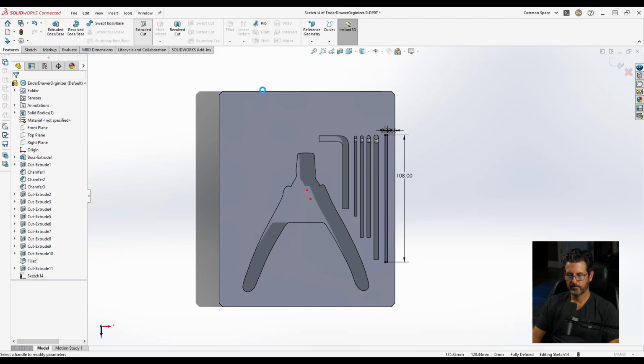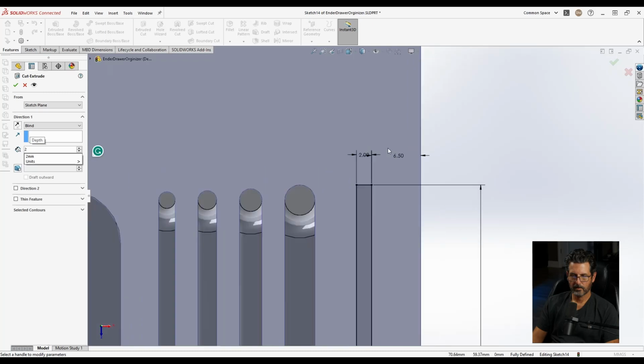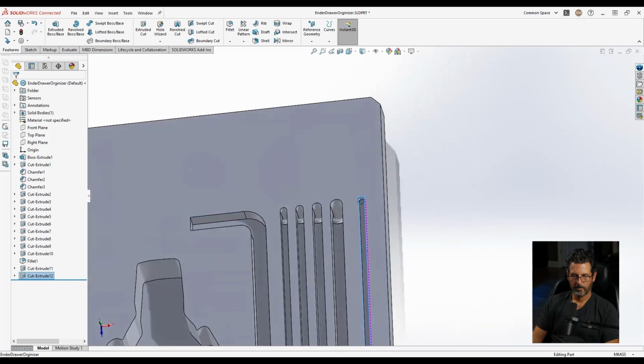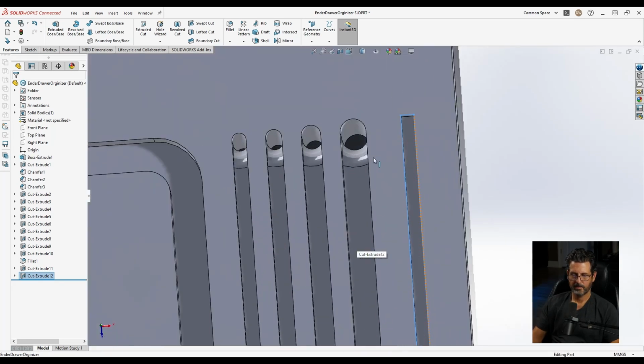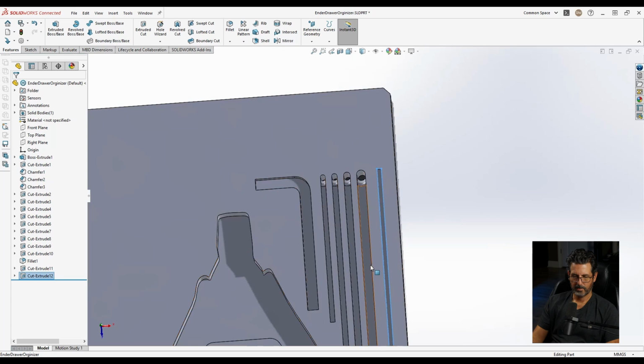Features, extrude cut. And we made this 2. Is that right? Yep, 2. There we go. I'm actually going to take that, make it a little bit closer to this, because we're going to use the same scoop out for